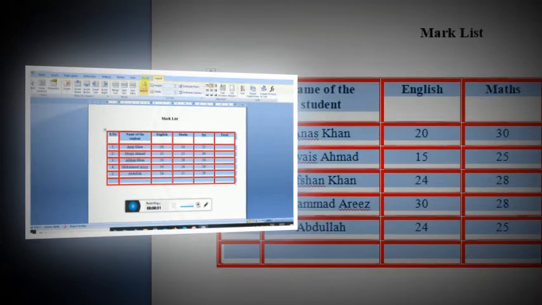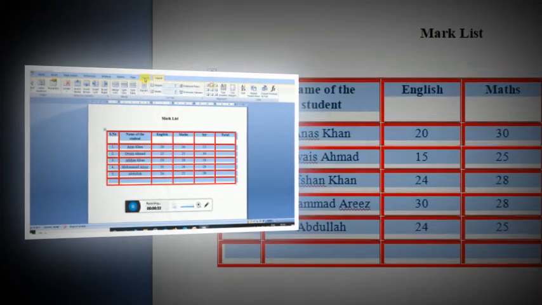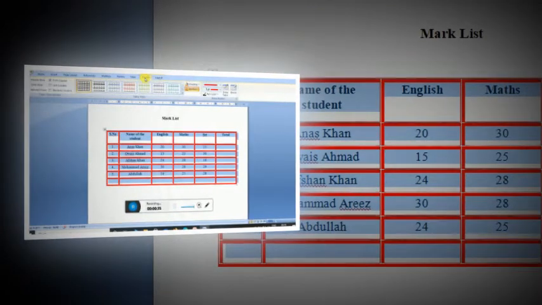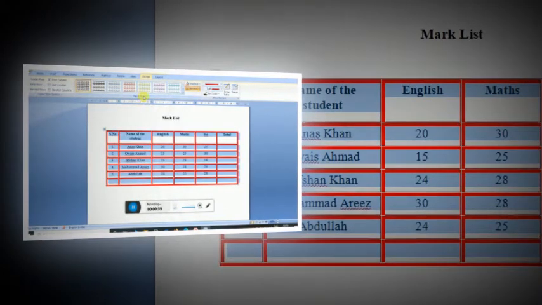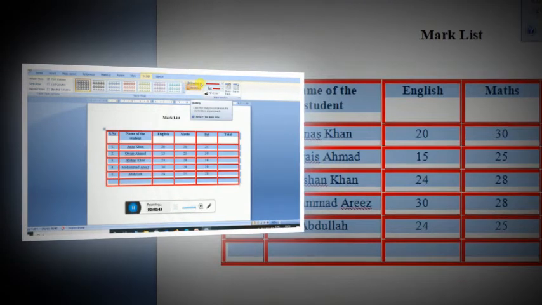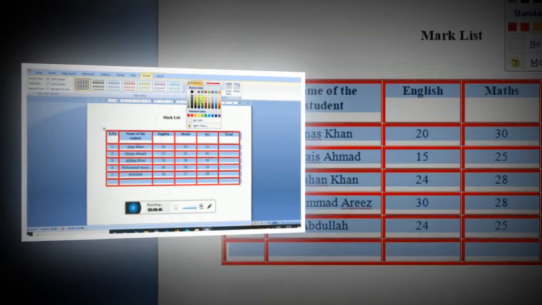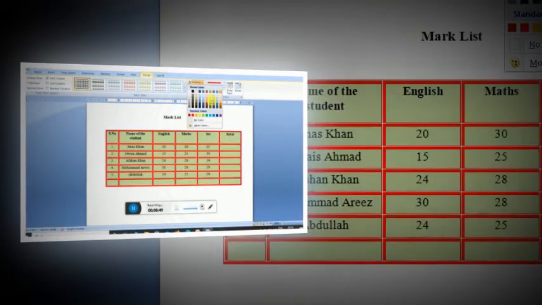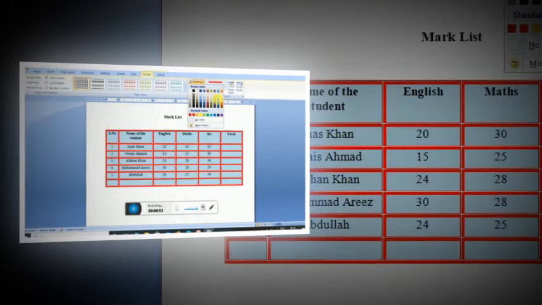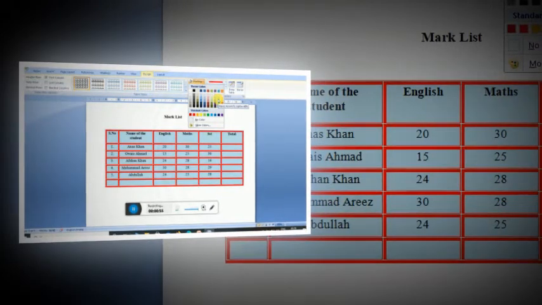Now just go to the design tab under the table tools. Now go to the table style group and find the option that is shading. Just click on shading. Now this is your color palette with different colors. You have to choose any color from the color palette which you want to apply to your table.